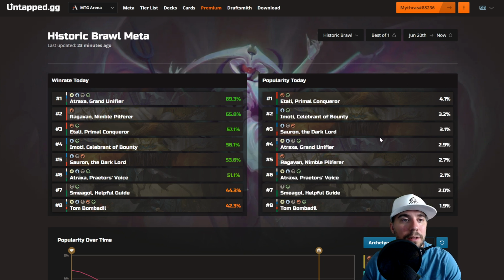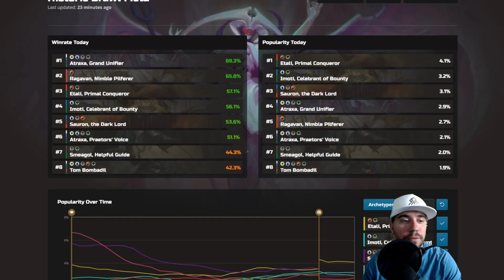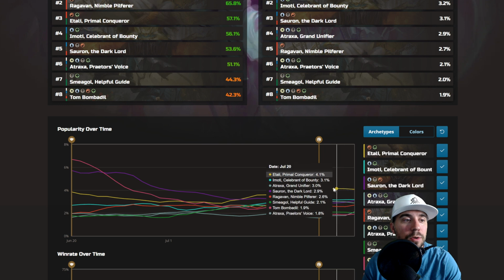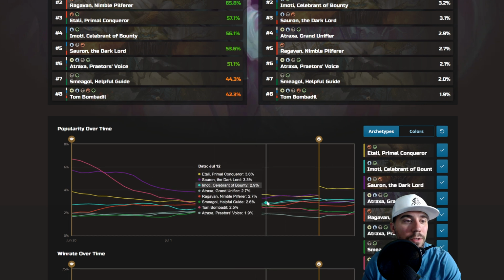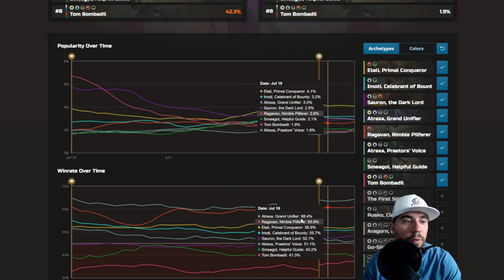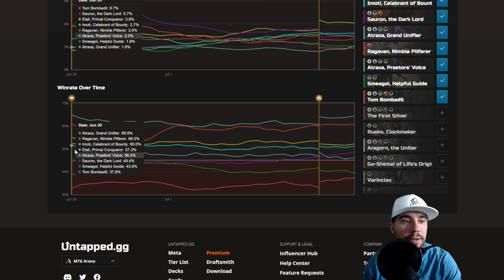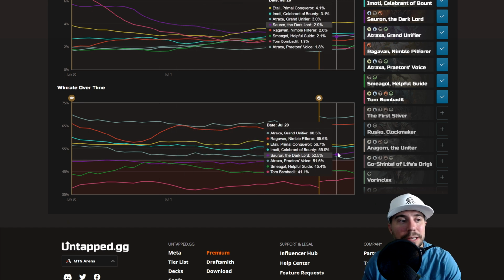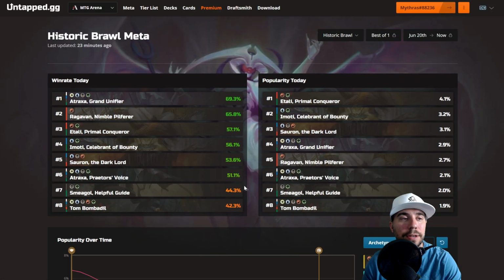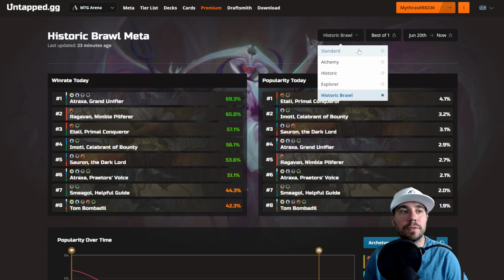Definitely the minus Sauron, a lot of the Lord of the Rings are falling off here in terms of popularity. Again, set release. We do have Etali making a big pop there again. We do see Emoti going up. Everything else maintaining being pretty consistent relative to where it was before. But we do see this uptick in Atraxa in terms of win rates. Ragavan right behind there. And everything else kind of steady Eddie, minus the fact that Sauron's been going up here and the other Atraxa has been kind of falling off. So that, my friends, is Historic Brawl and concludes all the different formats here